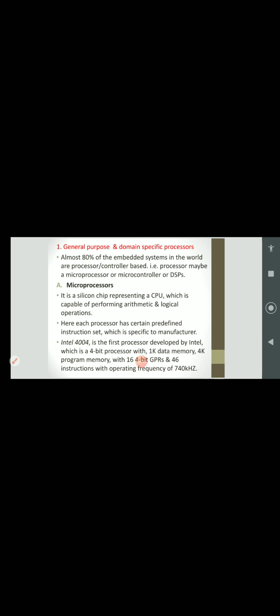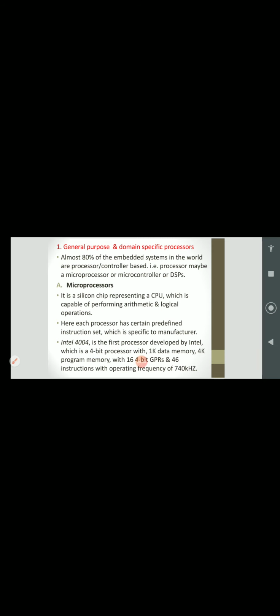So that you should remember. Whatever the embedded systems around the world, 80% of them fall under these three categories: microprocessor, microcontroller, or DSPs, digital signal processors. First we'll see the microprocessors.